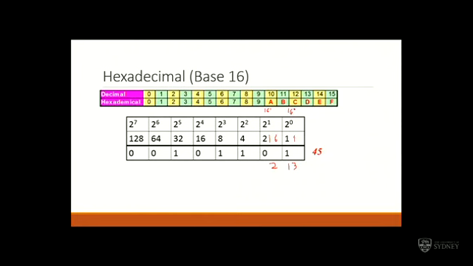Plus 13. So 2 16s is 32, plus 13 is 45. So we could write down 213 and be done with it, but this is problematic. We have 3 symbols. How do we parse this? Is this 2 256s, 1 16 and 3 1s? Is it 21 16s and 3 1s? We don't know. Well, we know it's not that last one because we're in base 16, but yeah, it's